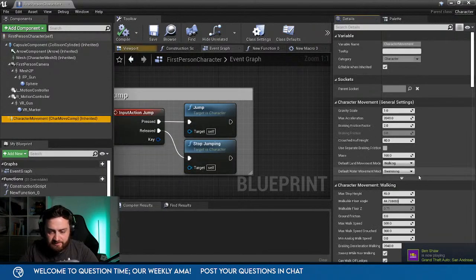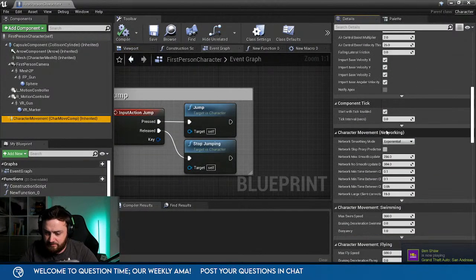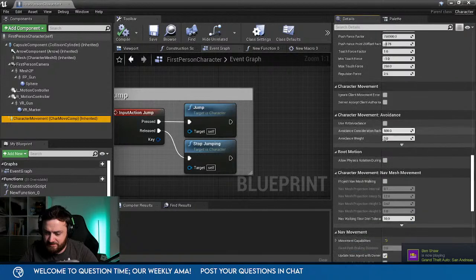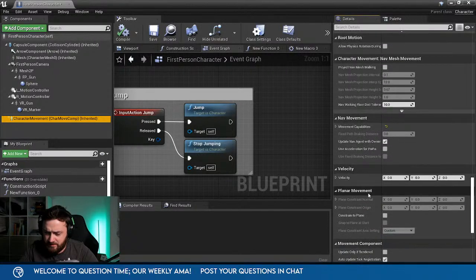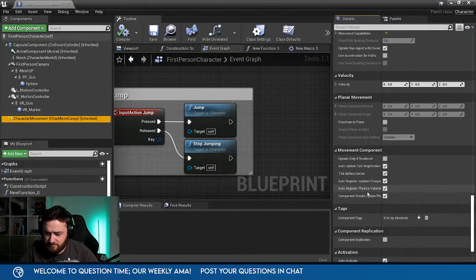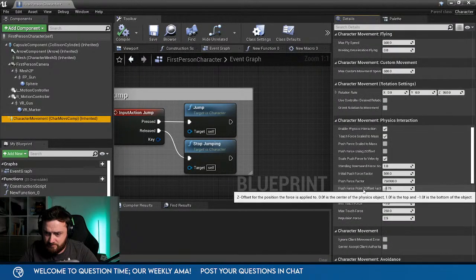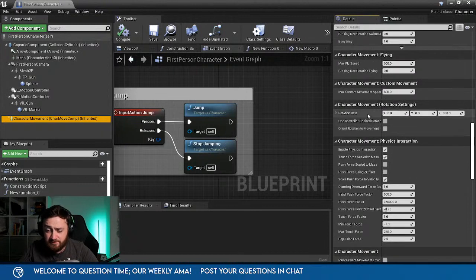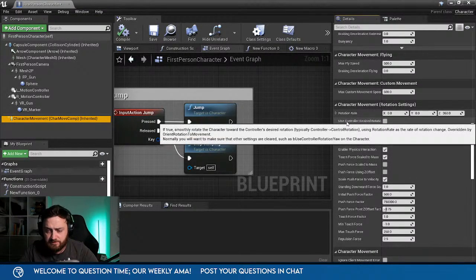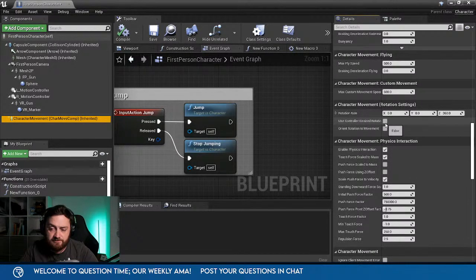So on the character movement here, I'm gonna scroll down and check a setting. Rotation settings. On the rotation settings here, I'm going to use controller desired rotation. Click that on. And this is how fast they're going to turn. So 360 degrees means they're going to do 360 in 1 second.